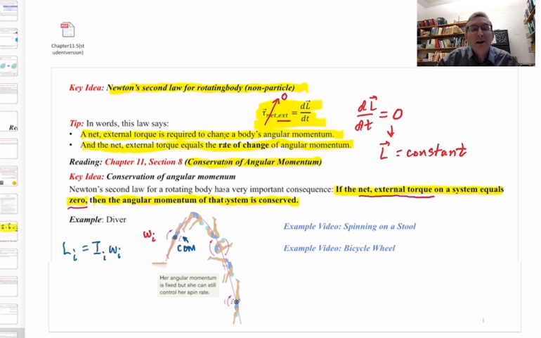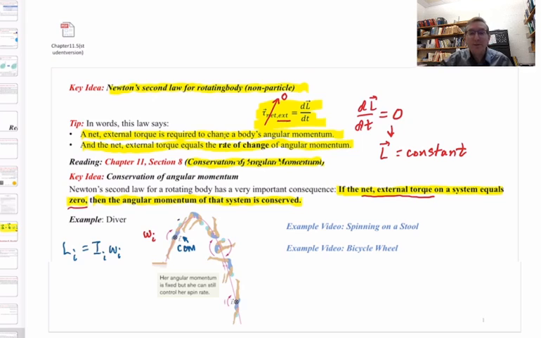So we have the diver with a certain angular momentum with a rotation about an axis through her center of mass, rotating clockwise in this initial configuration right here. Note the body is pretty much extended. Arms and legs extended far out. So pretty large rotational inertia and a very small angular velocity, not a huge amount of rotation in this initial